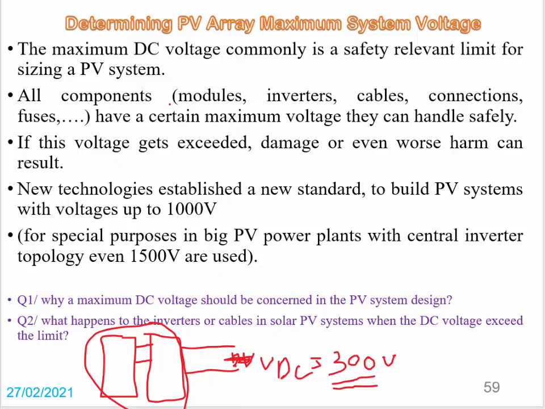So for all components, the maximum DC voltage is commonly a safety-relevant limit for sizing a PV system. In this example, maybe I say I want the system to produce 3000 volts, of course DC volts. So here I have a problem concerned with safety. For safety purposes, the voltage should not exceed 600 volts,